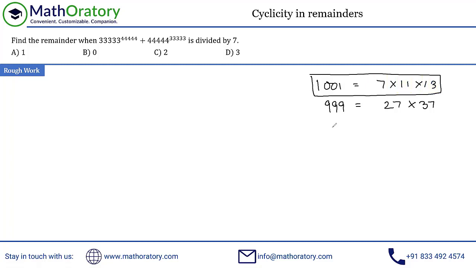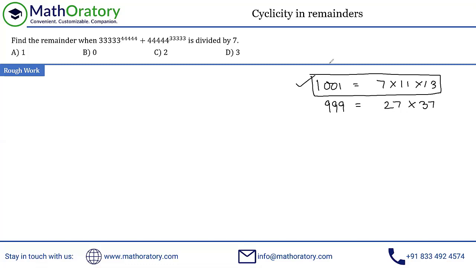And 999, you can remember in this way. 111 is definitely a multiple of 3. You can divide it by 3, you get 37. Now, once you multiply 9 to both the sides, so multiply 9 to 111, you get 999. And when you multiply 9 on the right side, multiply it to this 3, because 3 and 9 have prime factors 3 only, right? So just keep 27. So these are a couple of factorizations which are useful in certain questions.